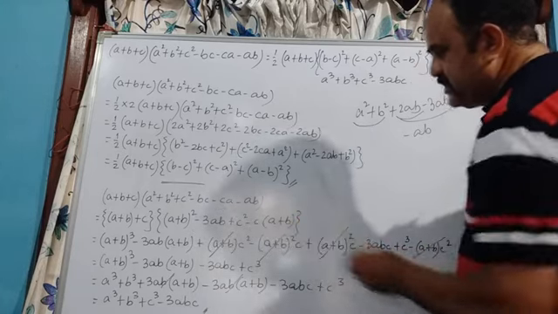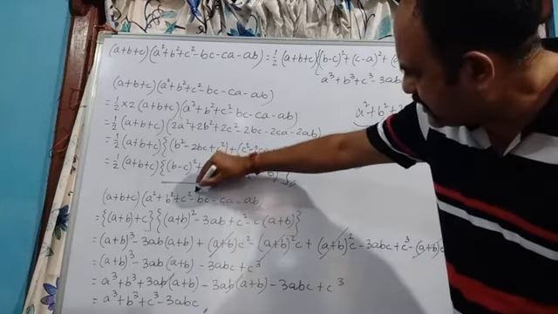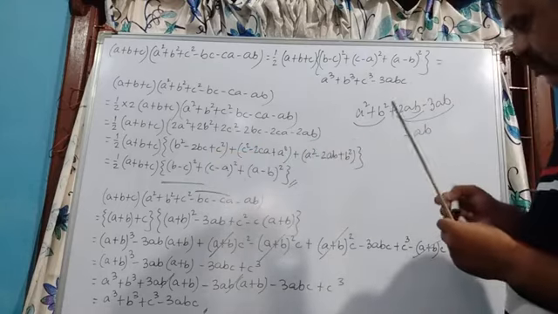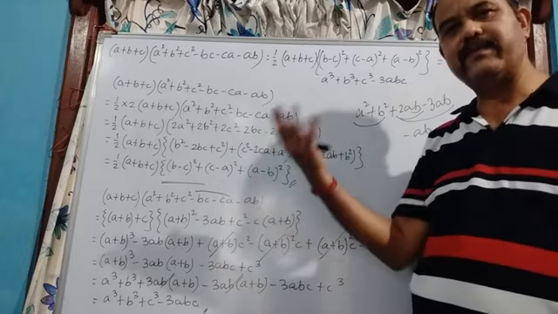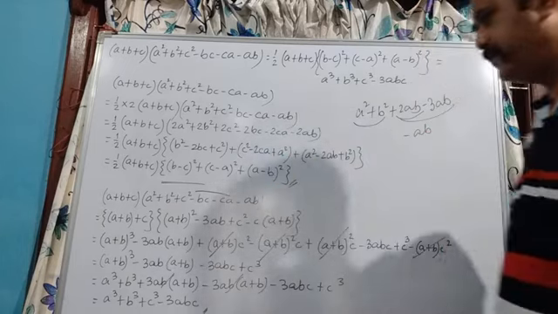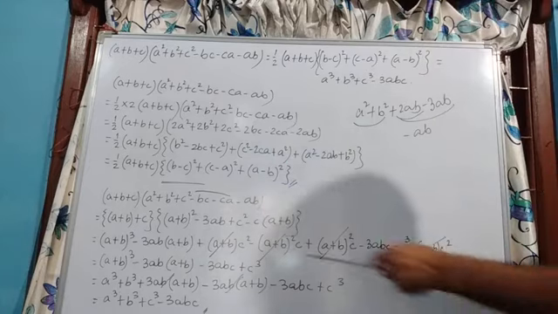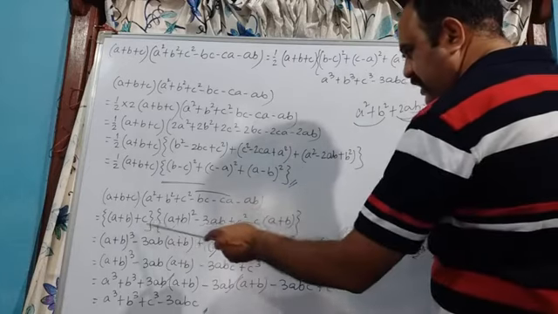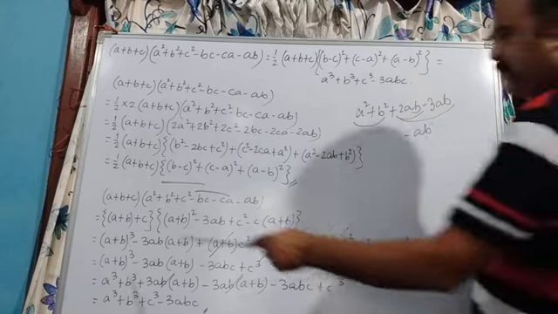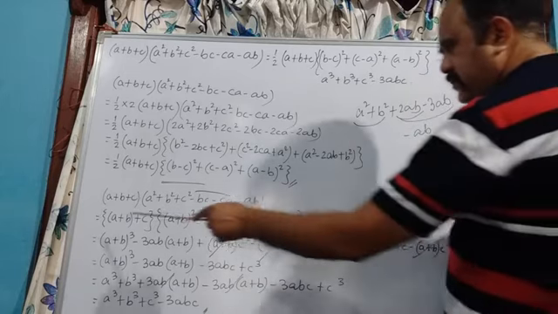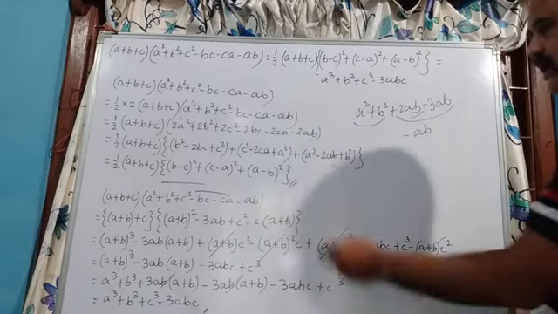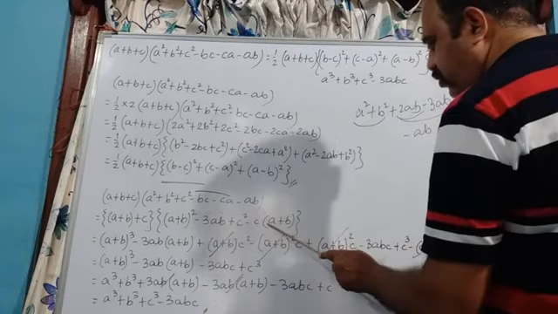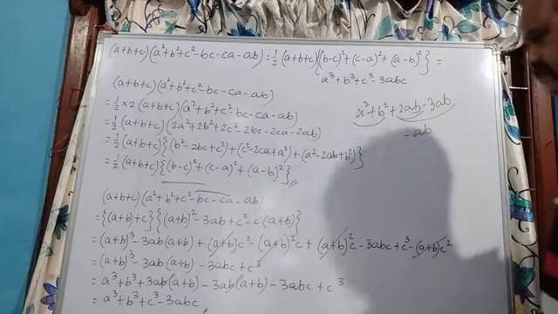Now for −bc and −ca, −c is common. Actually it should be b + a, but I have written a + b by the commutative property, that is also correct. Fine. Now after getting this, I multiplied everything with a + b, then again everything with +c. Here how many terms are there? 1, 2, 3, 4. That means a total of 8 terms we have to get.